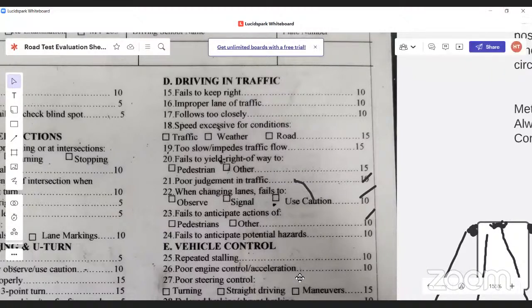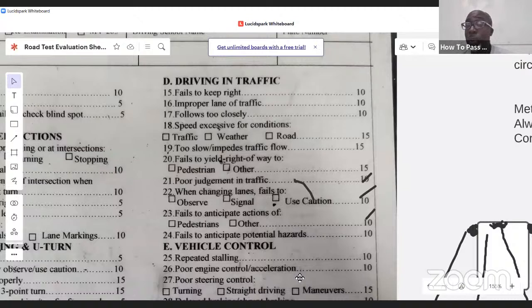Number 20 is fails to yield the right of way. So probably not that, unless it was actually somebody you failed to yield the right of way to. But it could be number 21. Poor judgment in traffic. Could it also be either number 23 or number 24? Definitely 24. Okay, so you got number 24, 10 points, number 21, 10 points, number 16, 10 points, number 15,